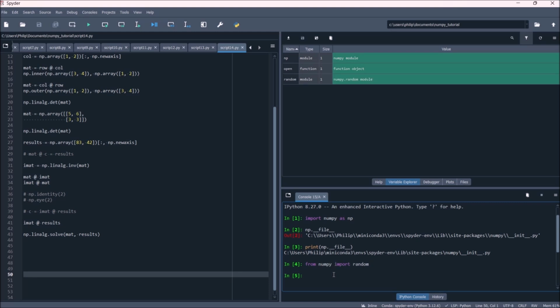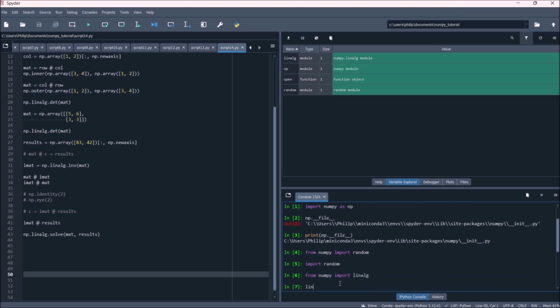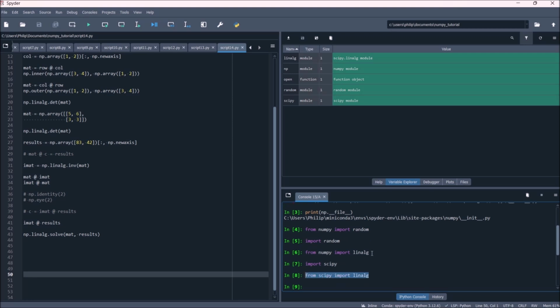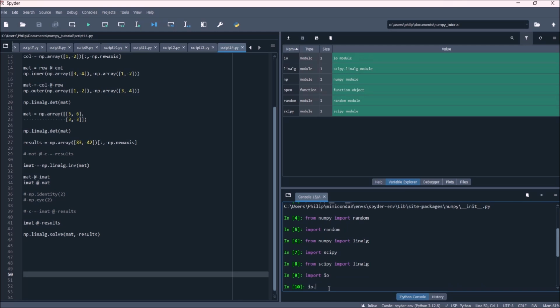So if we take random as an example, we generally don't type from numpy import random. And this is because there is a naming conflict with the standard module random. So normally we would access identifiers from numpy.random and then dot. We've also got the module linear algebra, and normally we would access this from the numpy namespace. If we import scipy, it's essentially an extended version of numpy. So it's got its own linear algebra module, which has more identifiers in it than the numpy equivalent. Because scipy is tailored